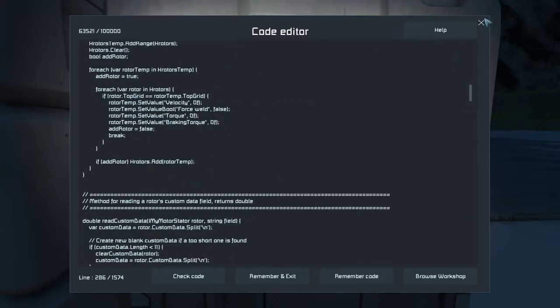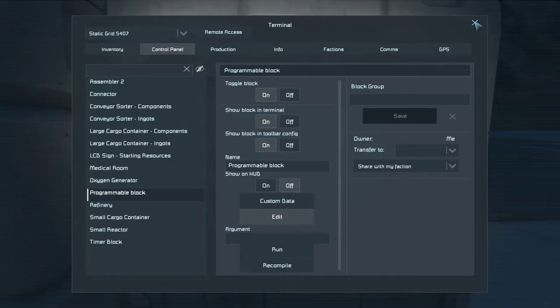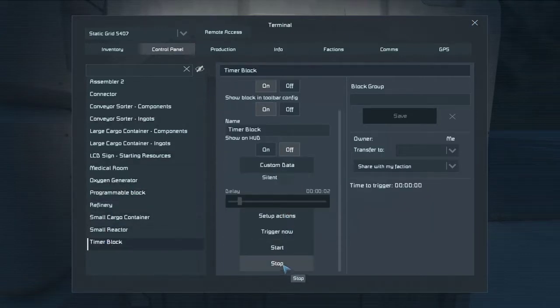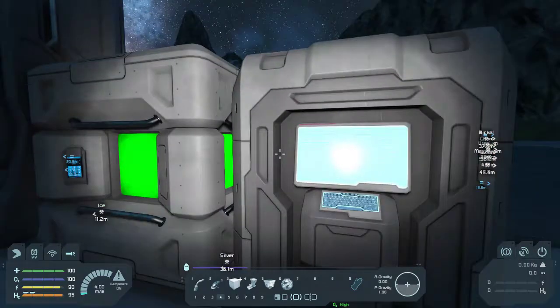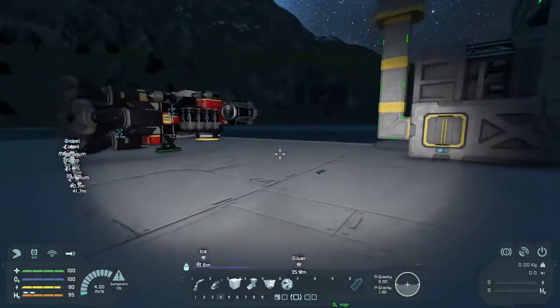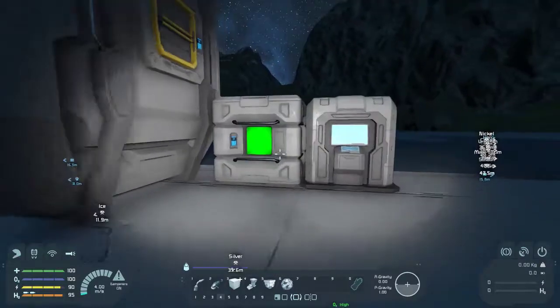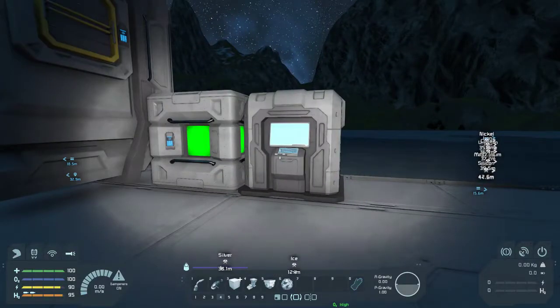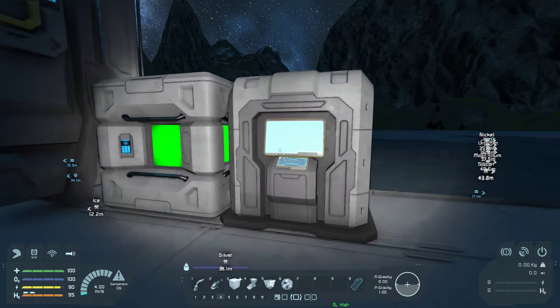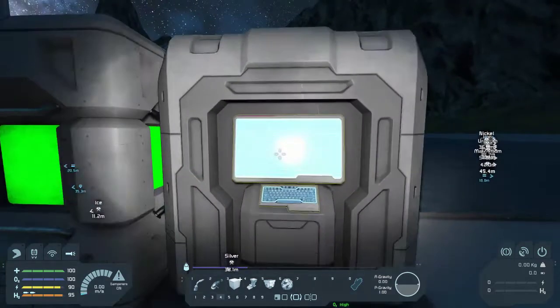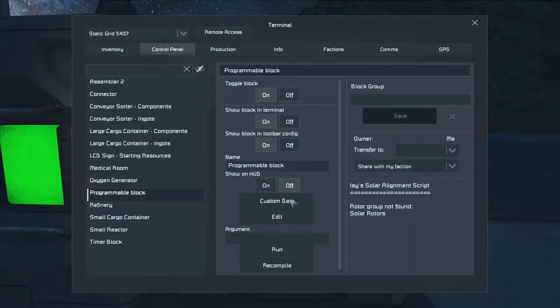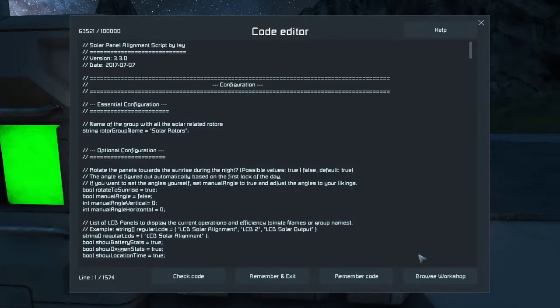So that's the basics of a programmable block and how it's utilised with a timer block. Let's just stop here. Don't need to keep on going. And like I said, if you do have some knowledge of programming, it's not that hard to actually understand the internals of the API and how it works. I don't call myself an advanced programmer at all, but I have,